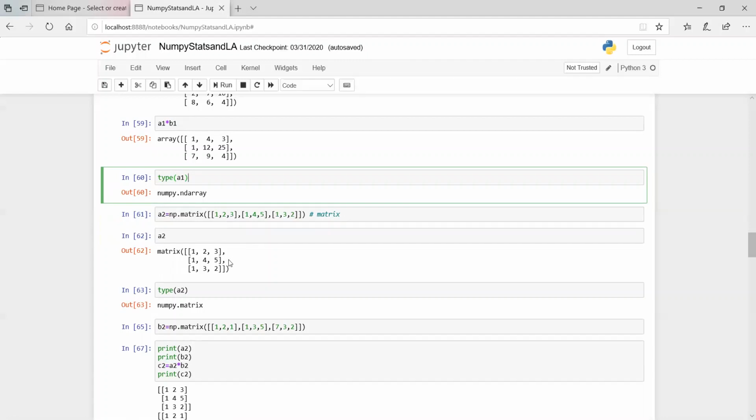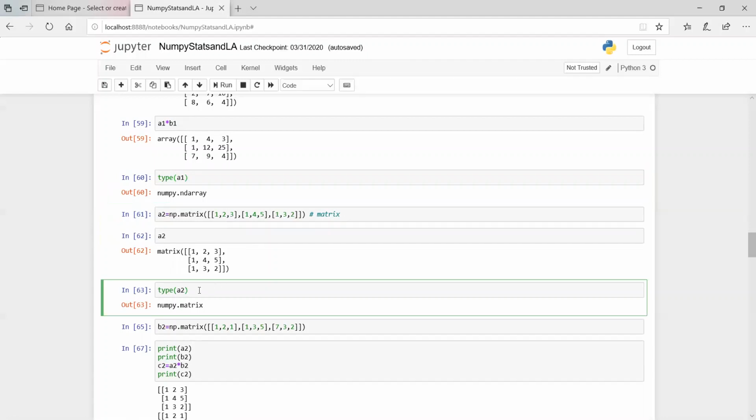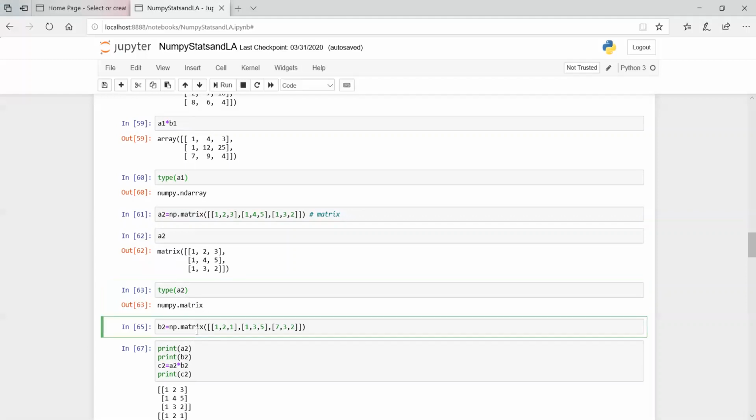We get the matrix A2, and when you check the type of A2, you find that it is numpy.matrix. So A1 was numpy.ndarray, and here A2 is numpy.matrix.